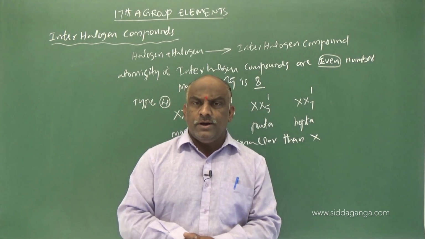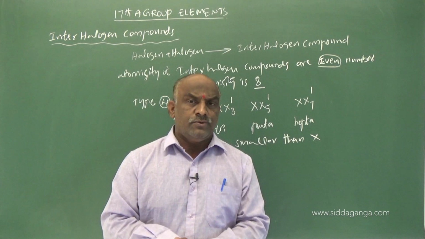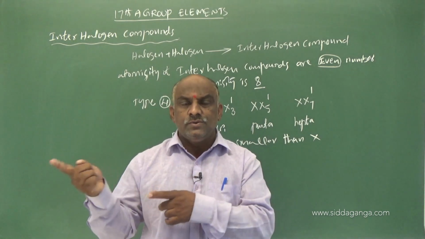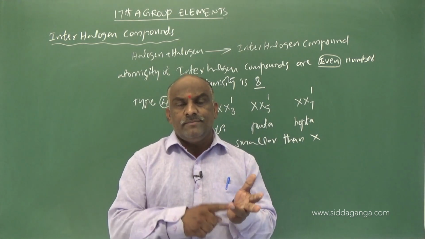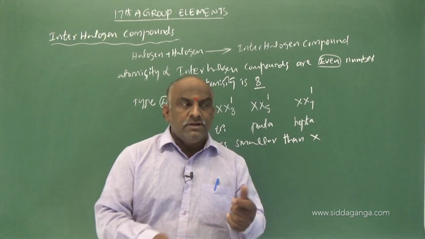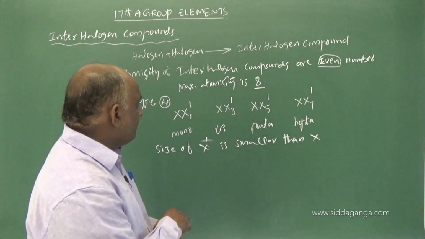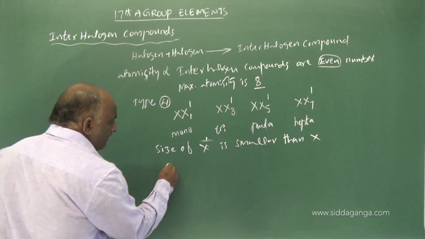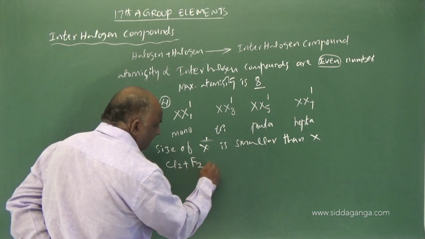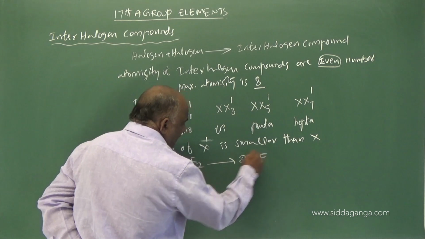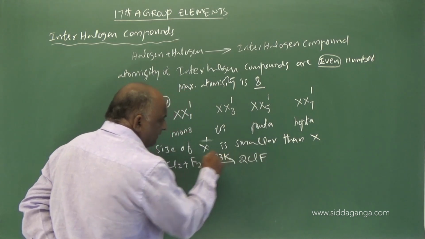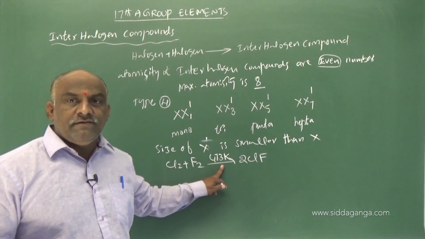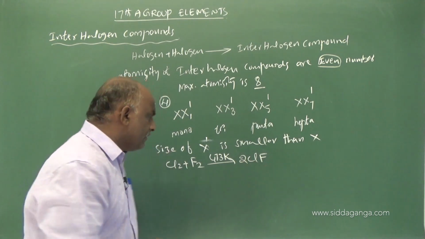Clear? And how are these prepared? This is an important point. What will be the preparation for interhalogen compounds? Simple, just mix halogen plus halogen, which gives interhalogen. Let us consider some reactions regarding this. Here we should write Cl2 plus F2 gives rise to 2ClF. The reaction takes place at 473 Kelvin. Chlorine reacts with fluorine at 473 Kelvin, giving chlorine monofluoride, equimolar.